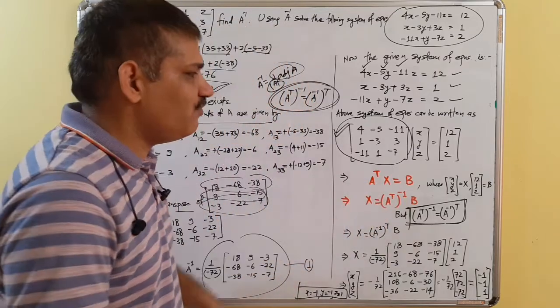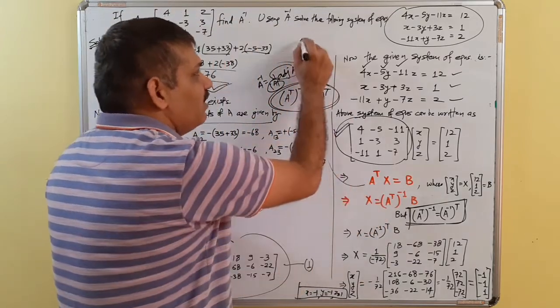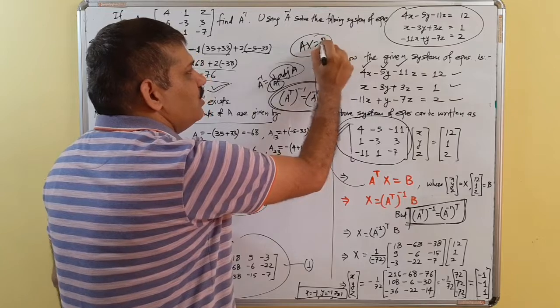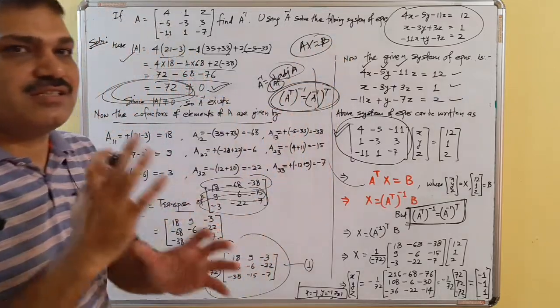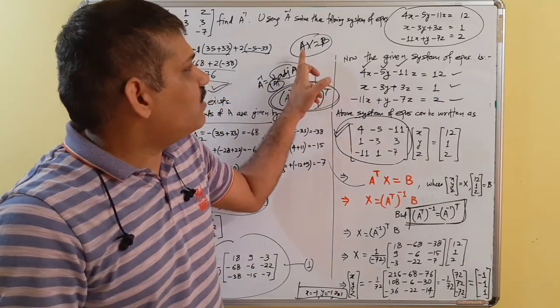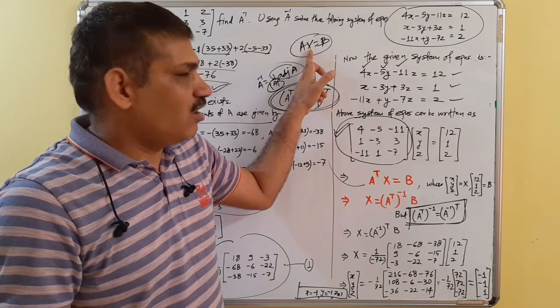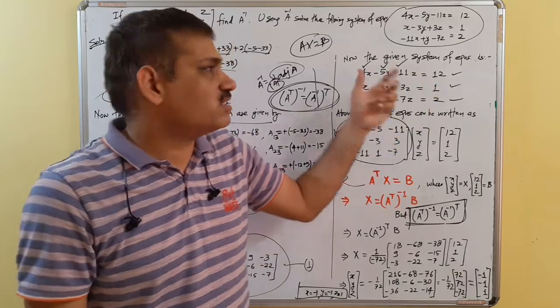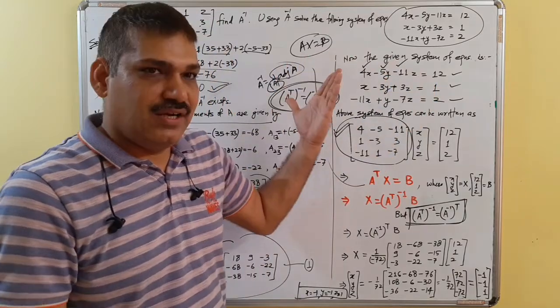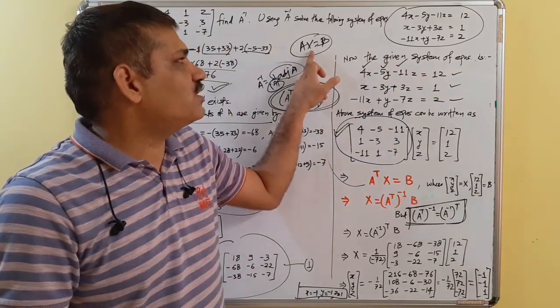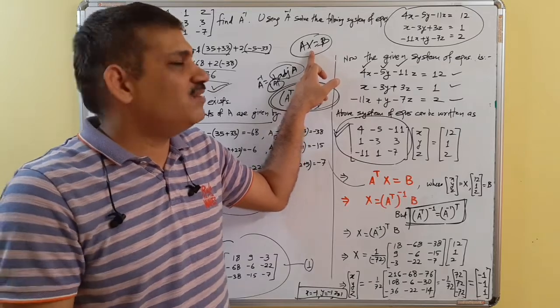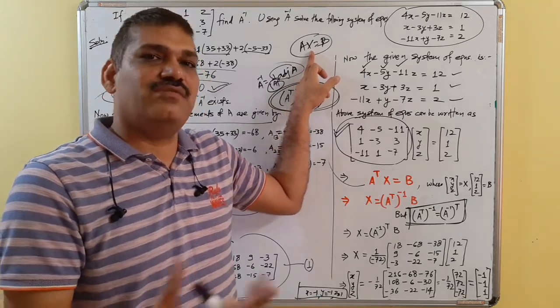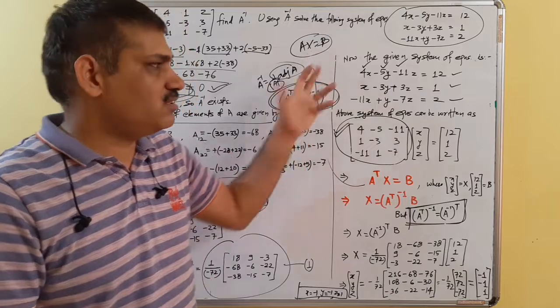So every time we are not going to write blindly Ax is equal to B. No, this is not a formula. This is just a format. Coefficient matrix multiplied by the column matrix of variables is equal to the column matrix of constants. This can be named differently. Generally the matrix of variables, in most questions, we take it as capital X. This is how we do.